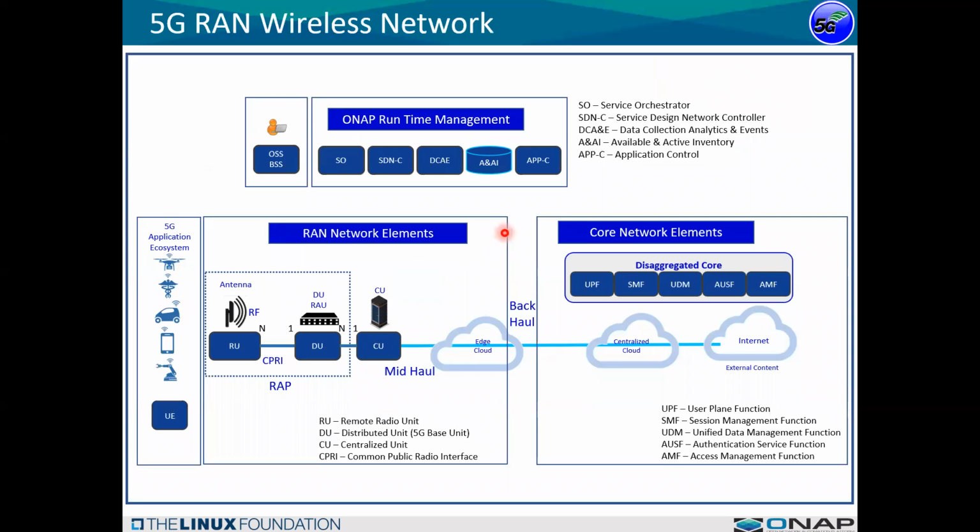So this is a more conceptual view of a 5G network where you have a radio unit, a distributed unit, and a centralized unit, and this forms a 5G base station. You have the modulation and demodulation in the radio. You have the modem functionality in the CU and the DU that takes the processing of the RF signal and transforms it into a digital